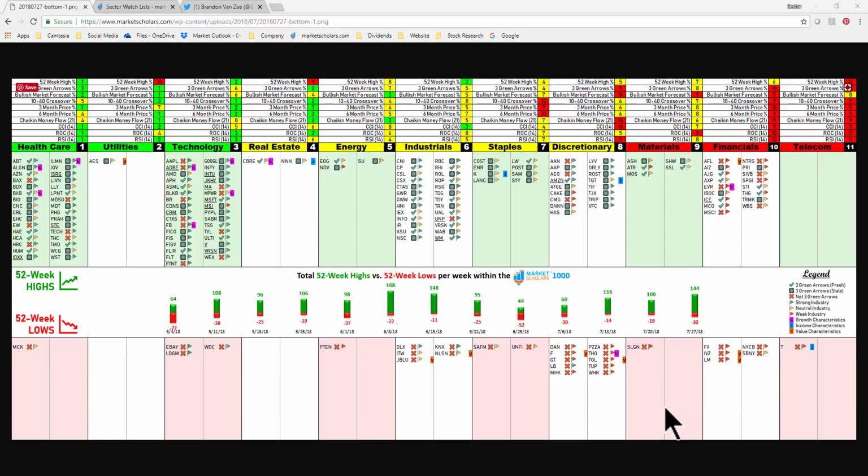And so in this case, let's use AT&T as an example down below here. So this is in the lows area. Notice it's shaded in a little bit of pink to remind our mind that it is a low and not a high, like the green would be up here, the pink would be down here. So we have AT&T, ticker symbol T, that does have that blue eye next to it on this particular week